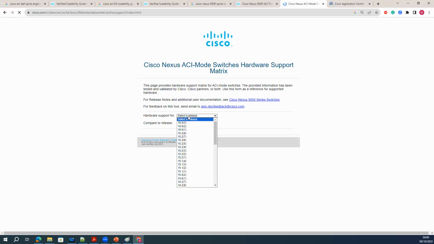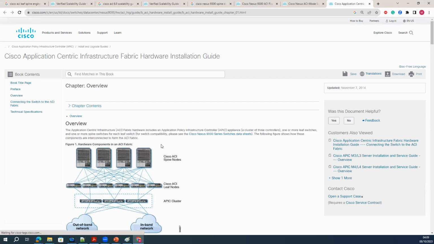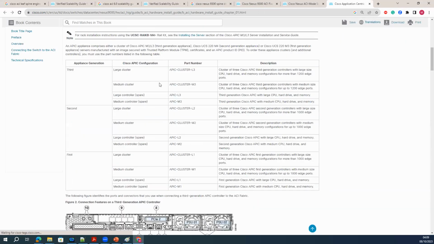If I go to this one, look here. So Cisco said that these are the model numbers: Cisco UCS C220 M4, M3, and L3. These are some of the hardware model numbers we have for your APIC support.